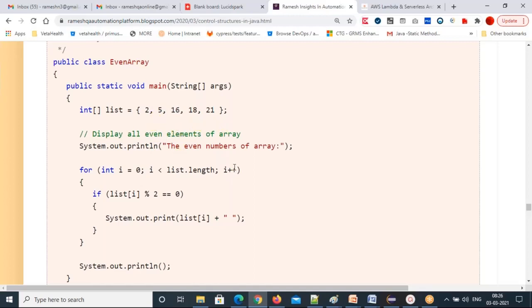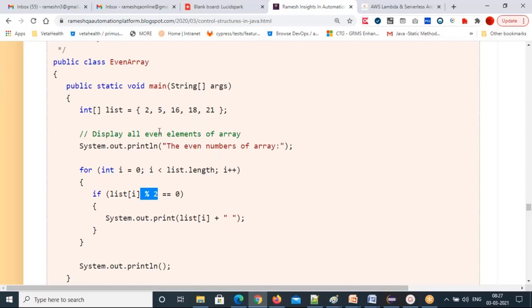For iterating, what do you need to do? You have to take a for loop. For iteration purpose, you use a for loop. Then to check whether each element is even or odd, what conditional statement do you need to use? An if condition with a remainder, using the modulus operator. This logic we know already. You are combining all those things with a problem and giving a solution. With the individual things we learned previously, for iterating an array you use a for loop, and inside the for loop you filter.